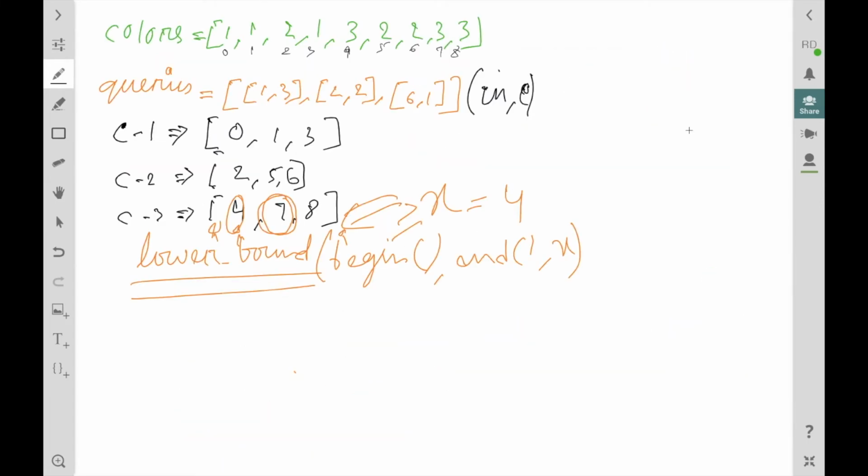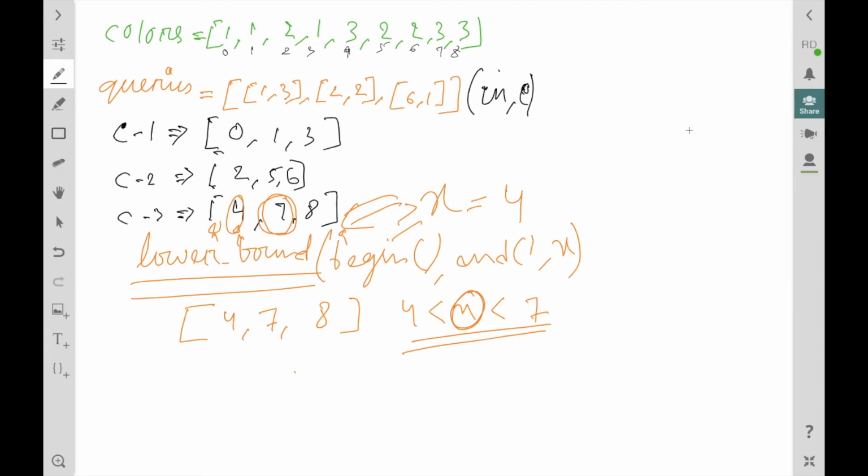Now let's draw the C3 array again, that is 4 7 8. Let's say x is in between 4 and 7, and we need to find the index nearest to x. How can we find 7?